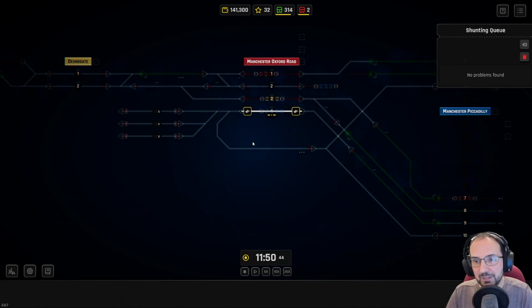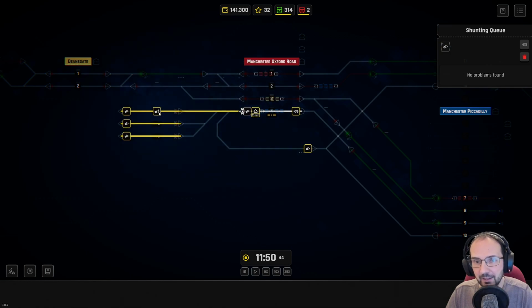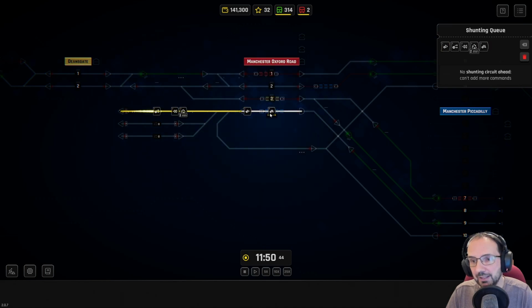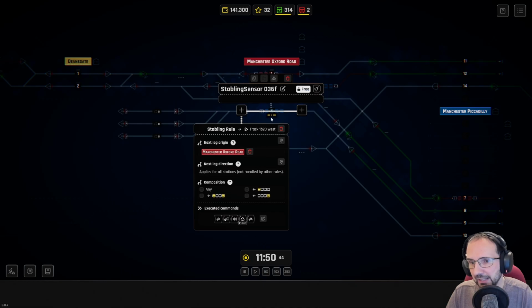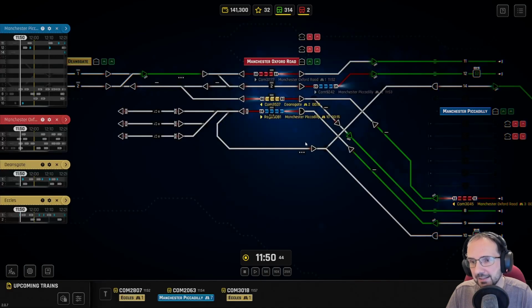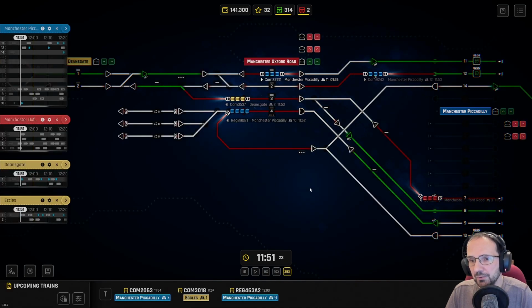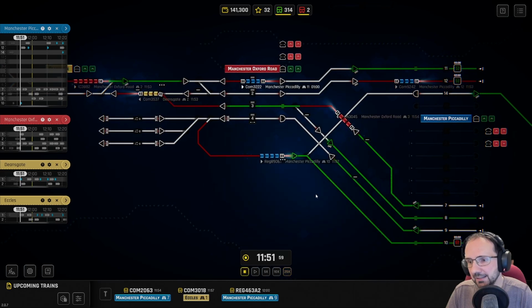And we just do what we've been doing manually. We say the shunting commands we want you to execute are actually go to this signal, go to the shunting group over here, reverse the train, wait for 2 minutes before you leave, and then return to the platform here. So all these things that we've been manually applying now are all encoded in this stabling sensor. So what we should see when we get our next one in here,